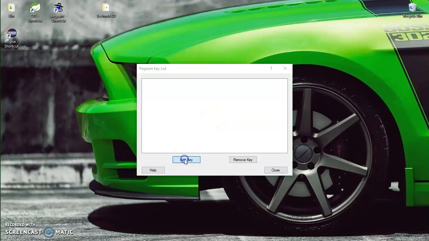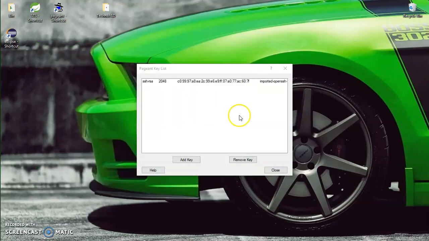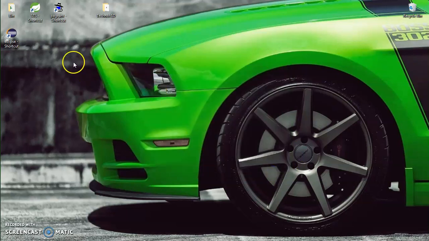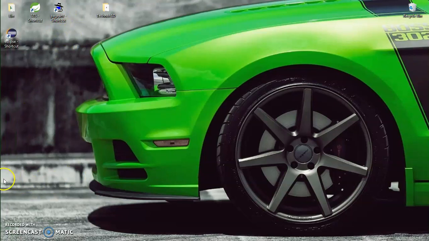I'll click on add key and select the Putty private key PPK file for the AWS instance. Now the file is added and I'll click on close. So now Pageant is running and a valid key is added in Pageant.